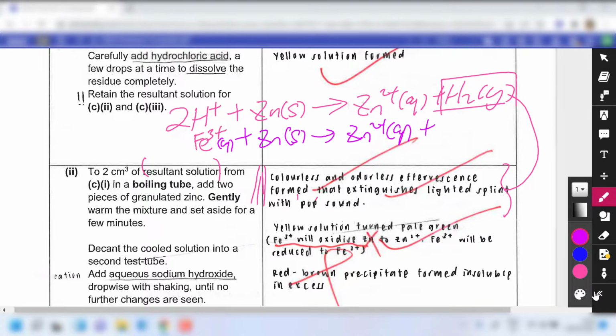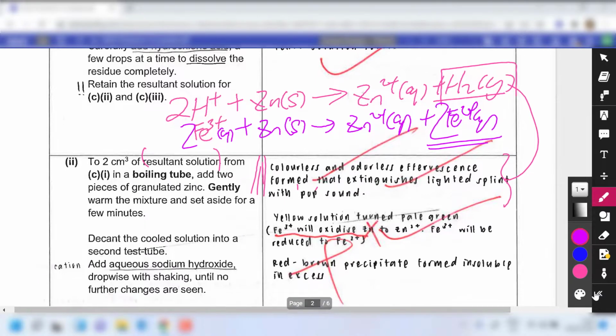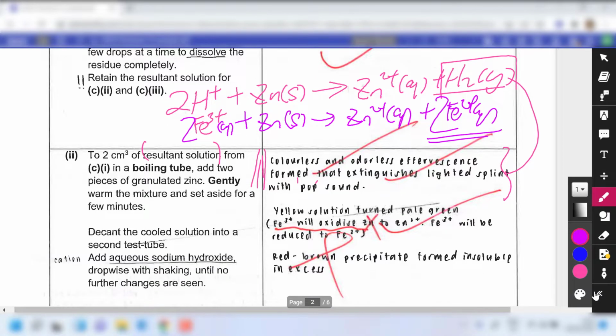So I will have 2 iron 3 plus and I will end up with 2 Fe2+. And this is also the reason why eventually you're going to observe the solution to turn into pale